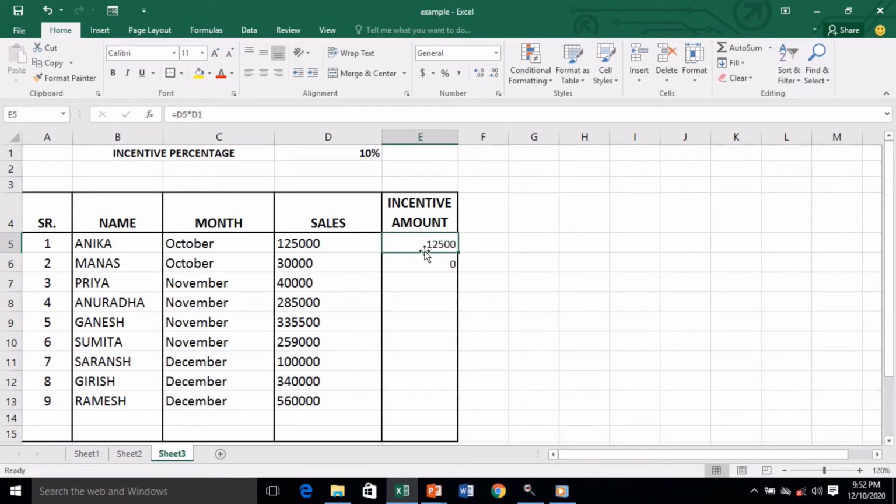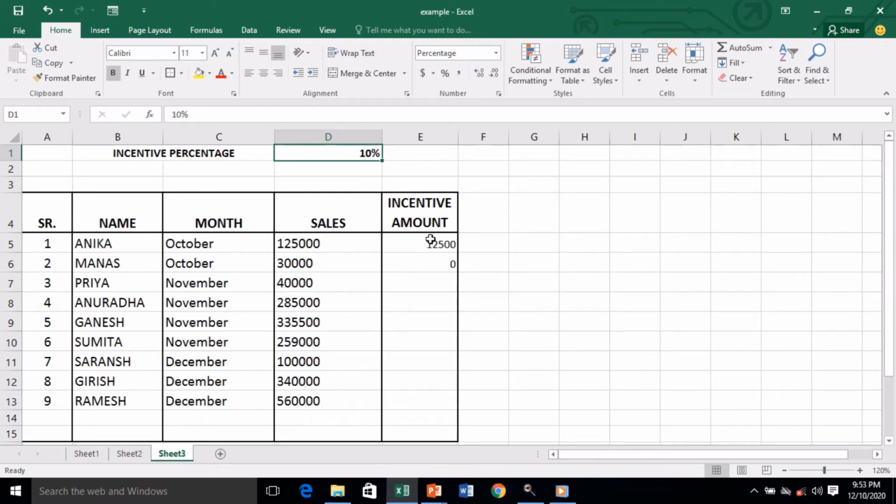Let's check here. Here it was equal to D5 multiplied by D1, and here it came equal to D6 multiplied by D2. See, D5 should change to D6. We agree with that. But why has D1 changed to D2 here? As we have just seen in relative reference, when we copy a formula, automatically the cell address will change. But we don't want to change this cell address.